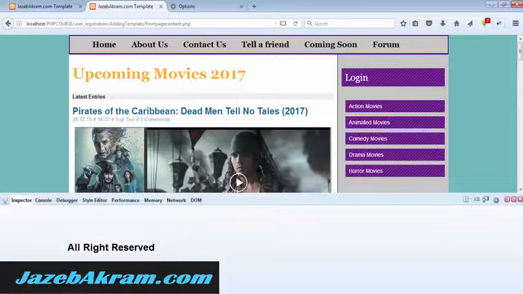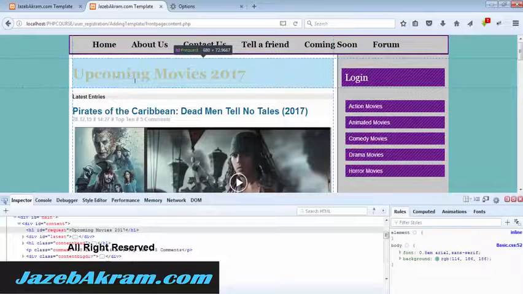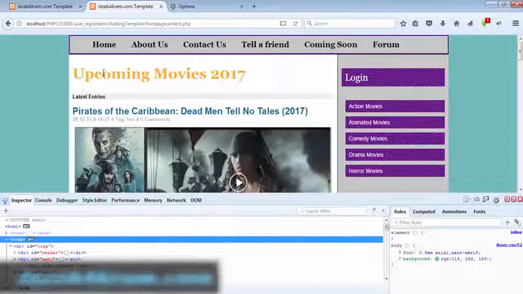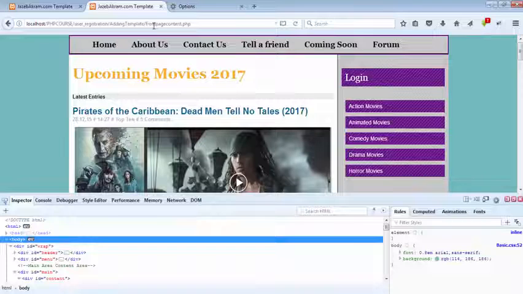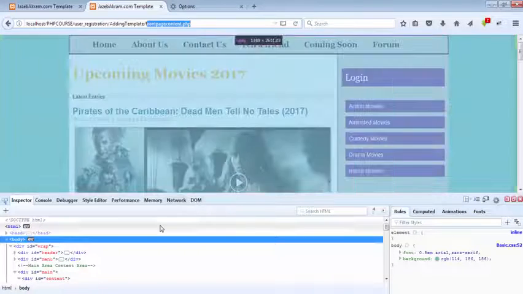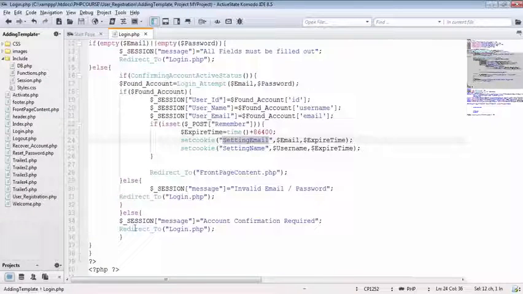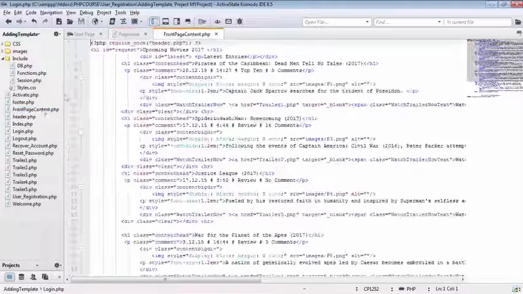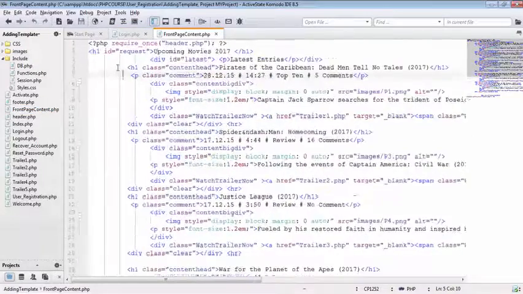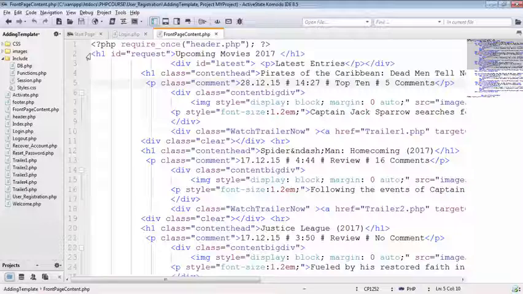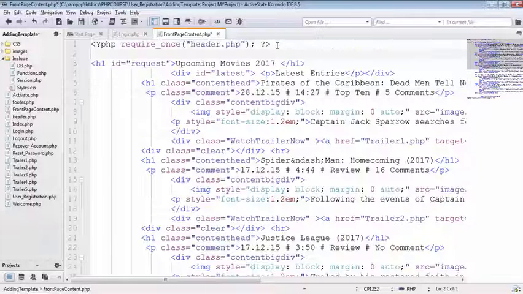So now in this lecture we are going to change this upcoming movies when the user is login. So you can see that this one is front page content.php. So we need to open our front page content. Here you can see we got this upcoming movies 2017 on line 2. So right after the header I'm gonna add here one if condition,